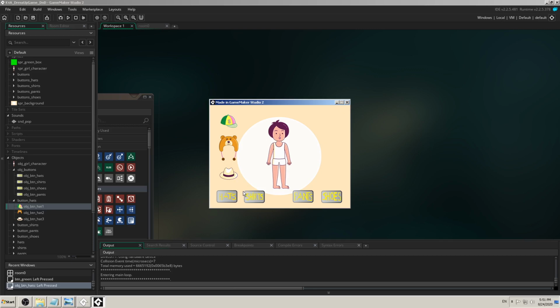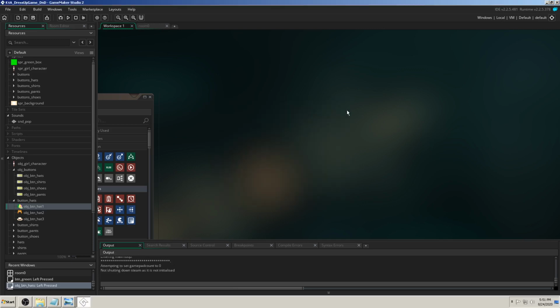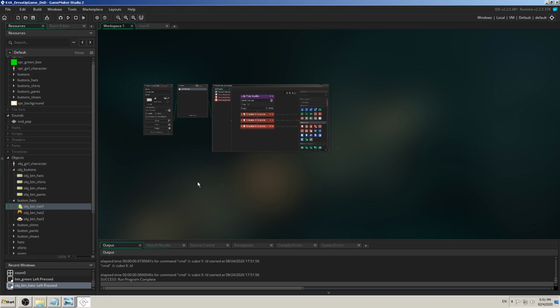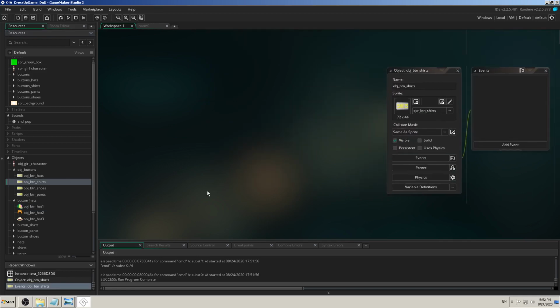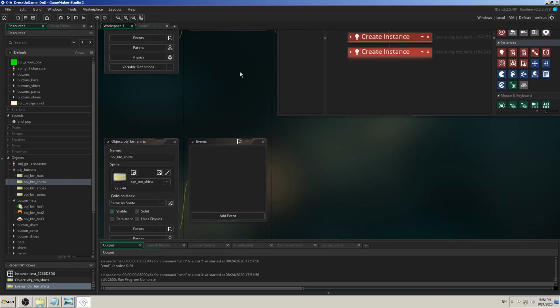So when are they going to disappear, when I click on shirts or pants or shoes? We have to code that. We haven't coded that. So let's try at least one more button here. Click on obj button shirts to open it. And what do I have to do? I have to say,